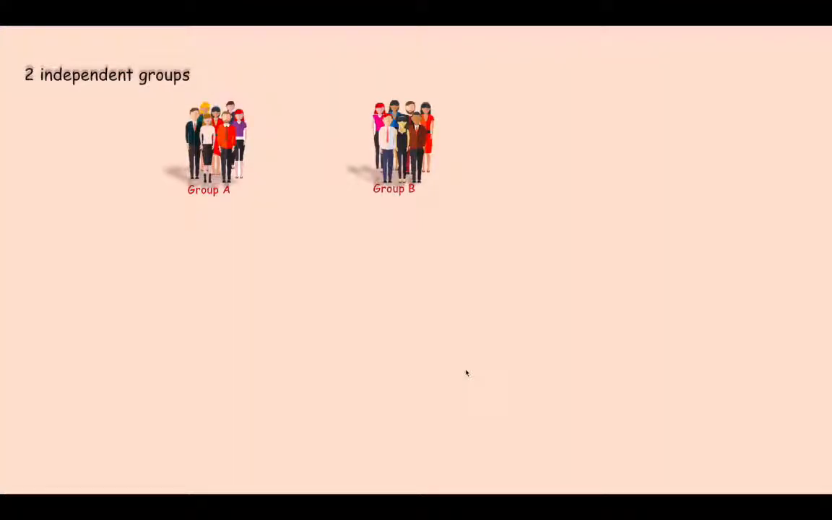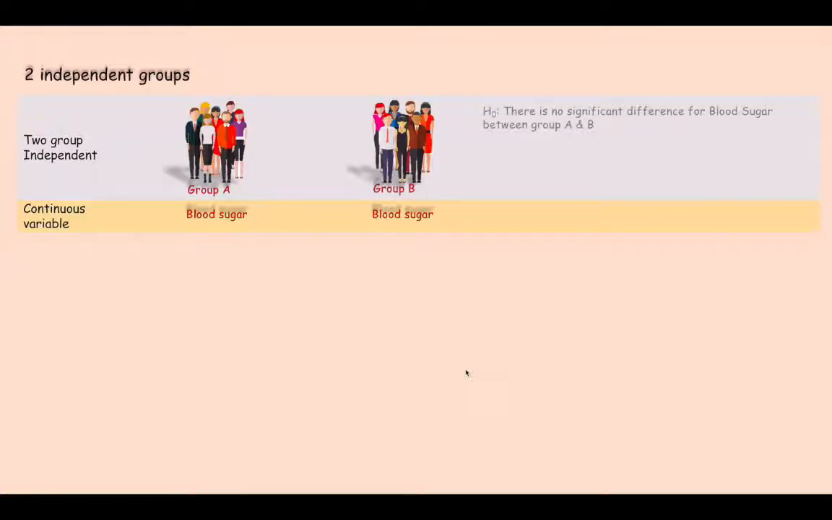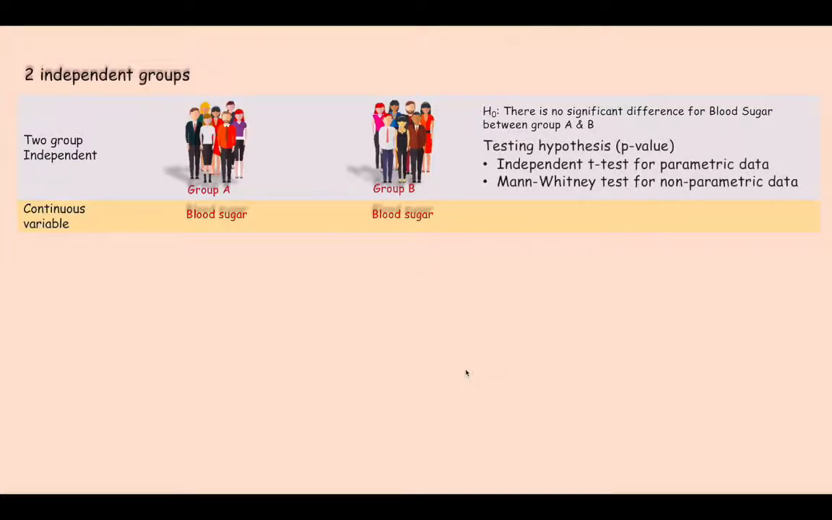To determine if a difference exists between the means of two independent groups, we use the independent sample t-test. In this case, we know that the null hypothesis is there is no significant difference, for example, here blood sugar as the continuous variable between group A and group B, which is our dichotomous categorical variable based on the name